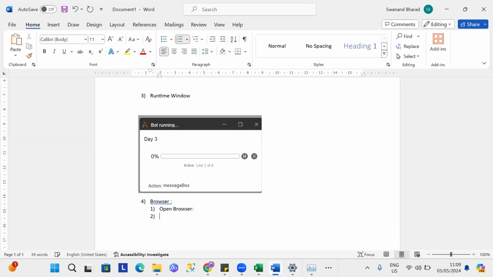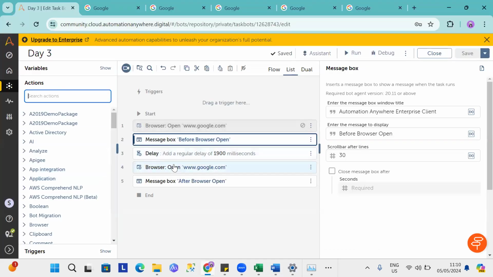Open browser we completed. Now what we will use, delay and message box. Okay, so I'm trying to cover whatever the standard commands we use in our day-to-day life for development purposes. So those are the basic commands I need to cover on a priority. We have lots of features, but these are the standard commands we use on a regular basis. Okay, so except this,